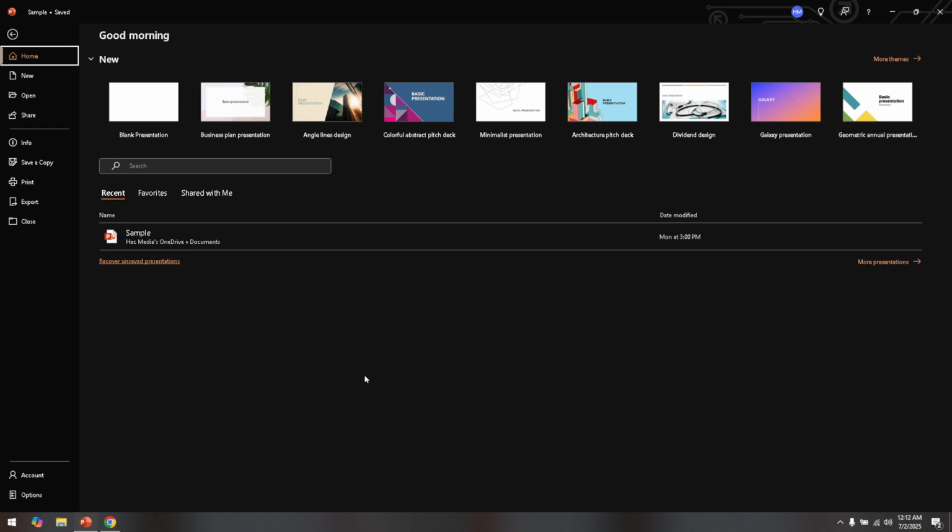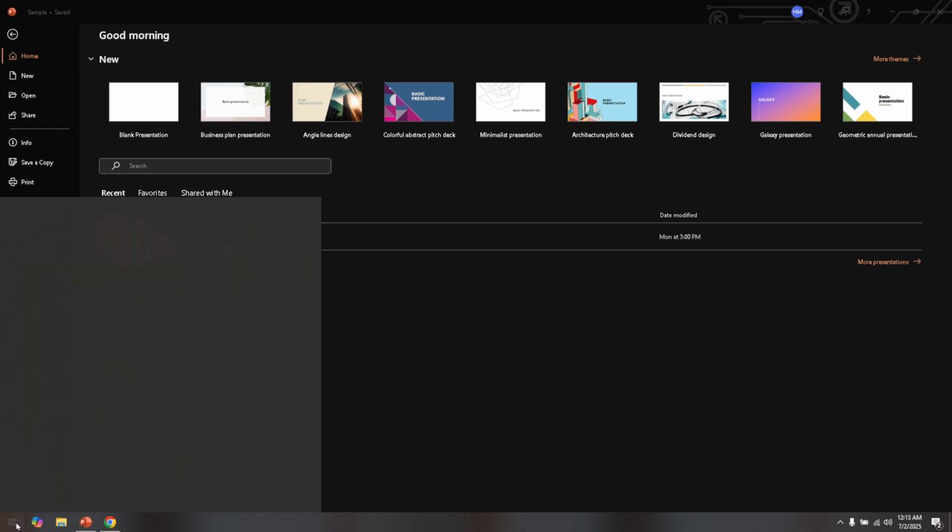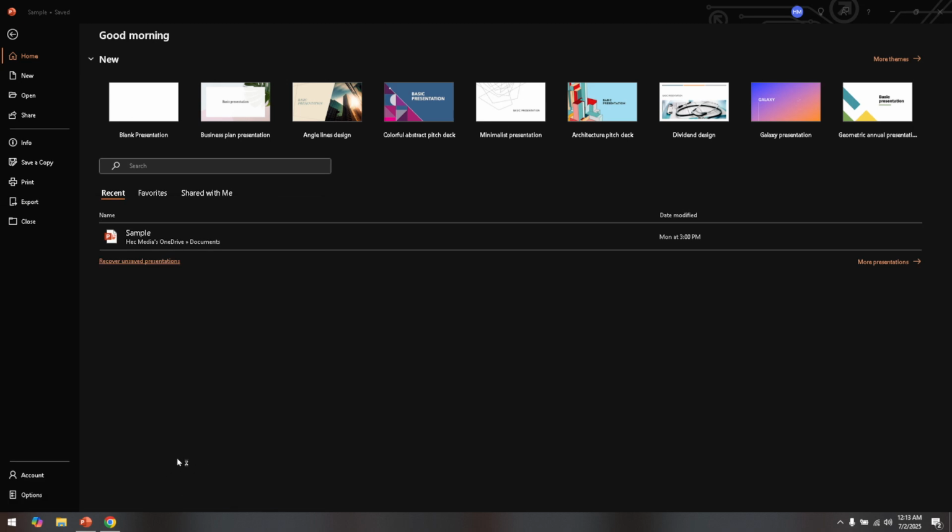First off, the initial thing you need to do is open PowerPoint on your computer. This step seems obvious, but it's essential to make sure that your software is up and running smoothly before you begin using any advanced features. Once you have PowerPoint open, find your way to the presentation you wish to showcase. Having your slides prepared, organized, and ready for presentation mode makes this process much smoother and helps avoid any interruptions